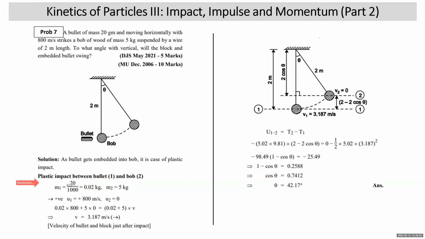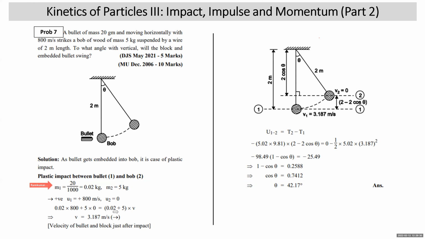Mass of the bullet is 20 gram, 20 upon 1000, it is 0.02. Mass of the bob is given 2 kg. Taking towards right as positive, U1 is the initial velocity of the bullet, 800 meter per second. Bob is at rest. M1 U1 plus M2 U2 is equal to (M1 plus M2) V. M1 is mass of the bullet into its velocity 800 plus mass of the bob into 0,